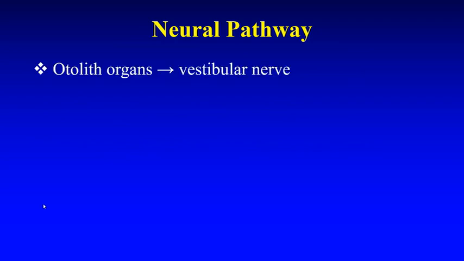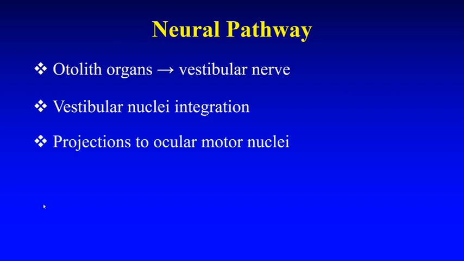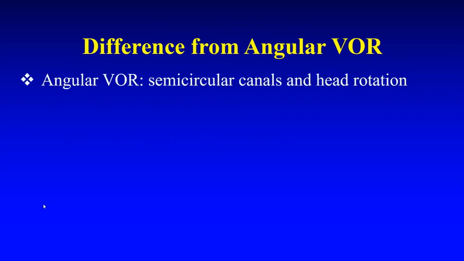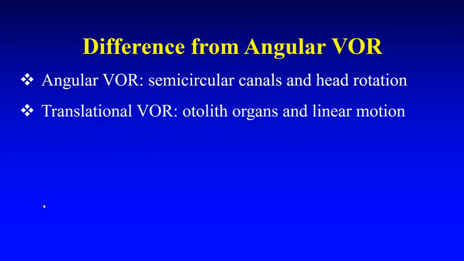Neural pathways: otoliths to vestibular nerve, vestibular nuclei integration, and projections to the oculomotor nuclei. Difference from the angular VOR: angular VOR, semicircular canals and head rotation. Translational VOR, otolith organs and linear motion. An example of translational VOR,